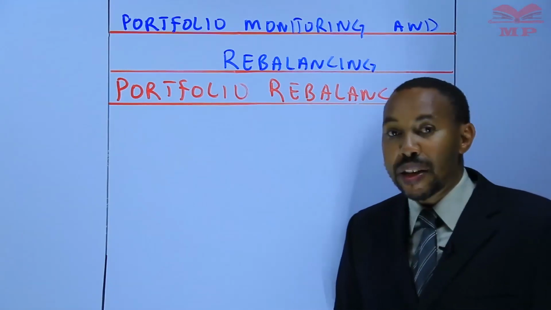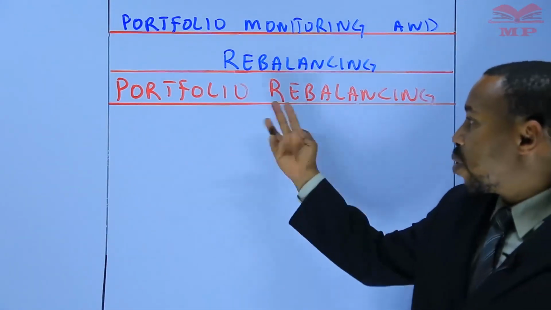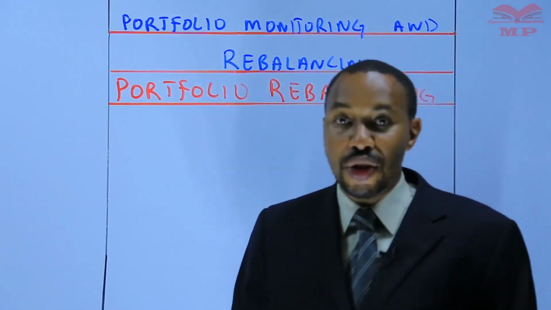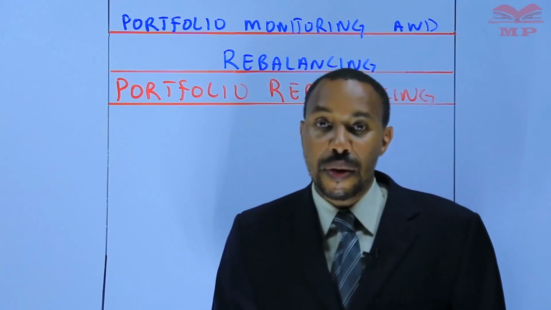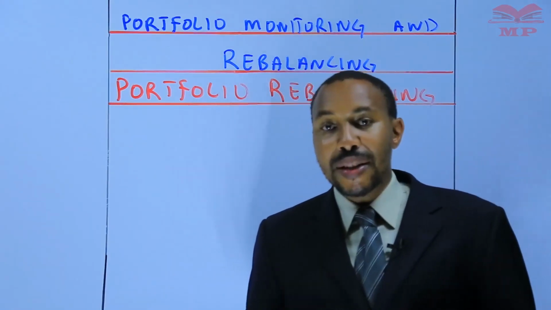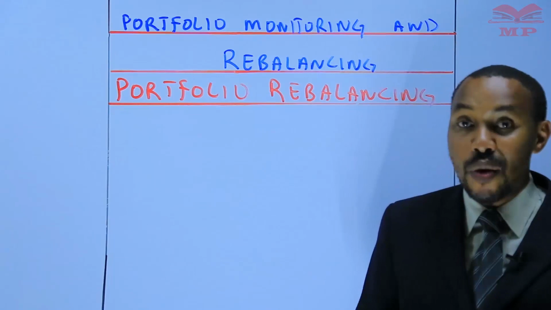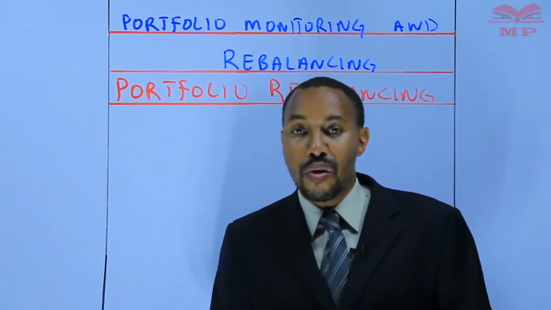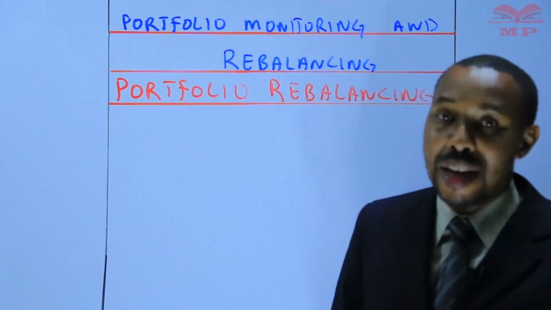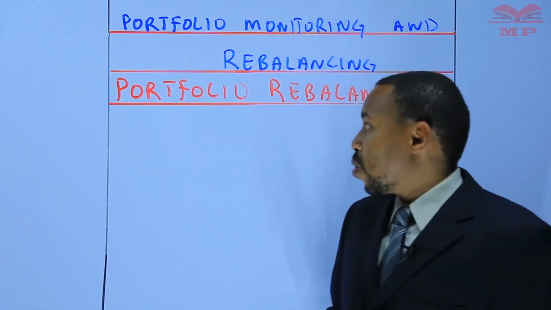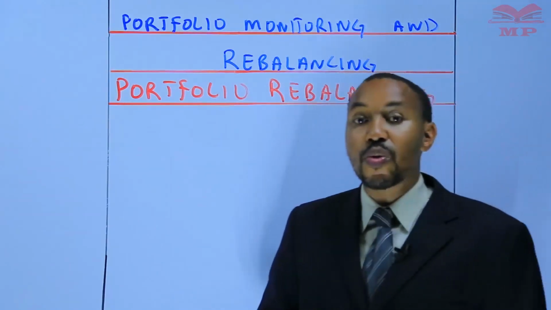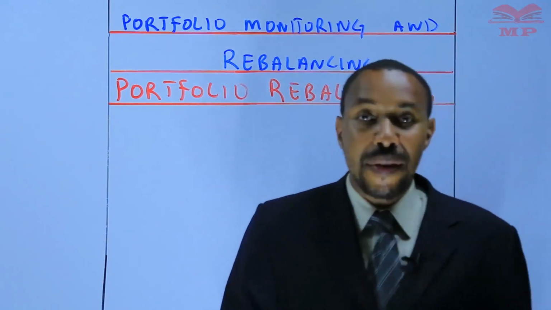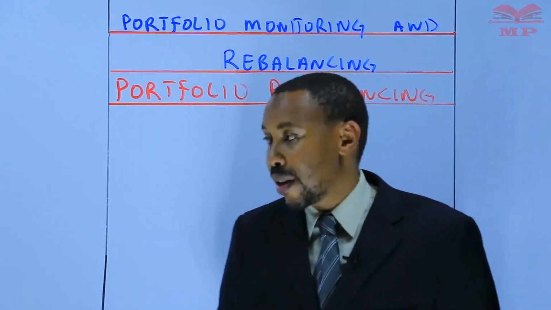What we had explained in our previous lesson was that portfolio rebalancing is trying to steer the portfolio towards the initial intended allocation weights. Because the markets are not static, the allocations might actually change, because of changes in political, economic, socio-cultural, technological factors, amongst other factors. So we need to try as much as possible to steer the portfolio back to the initial allocation weights as specified in the investment policy statement, or IPS.